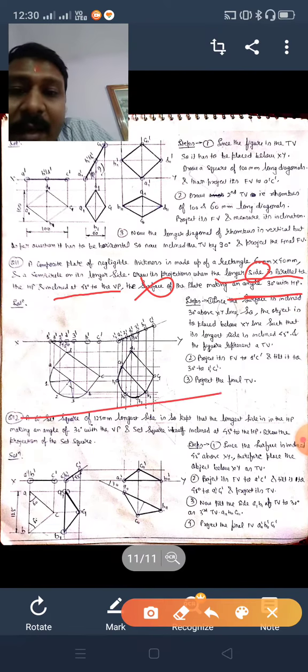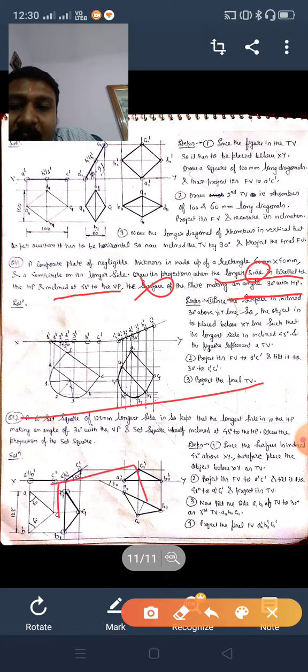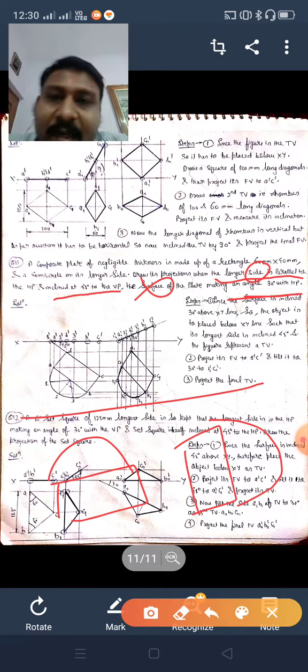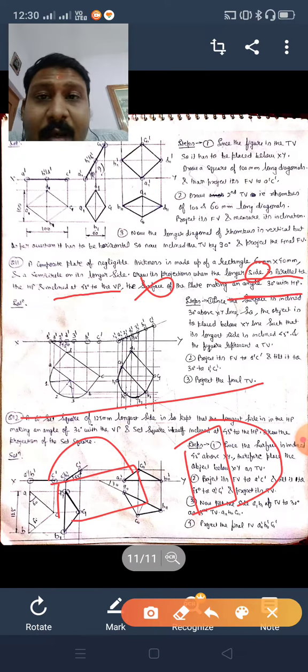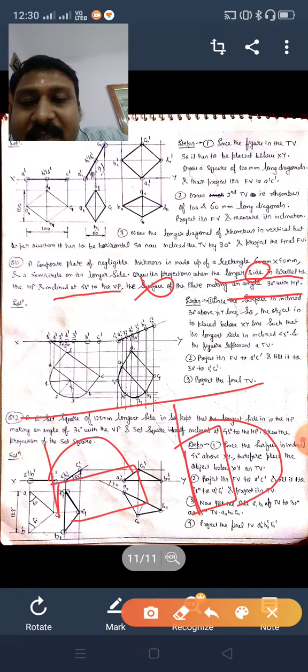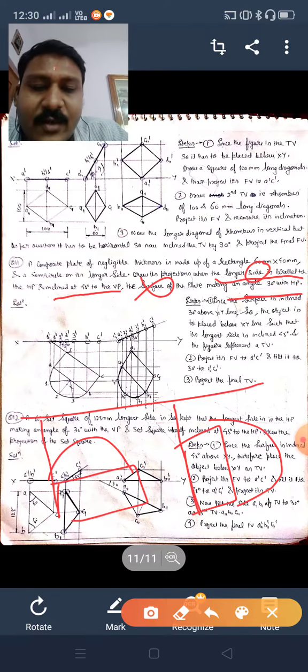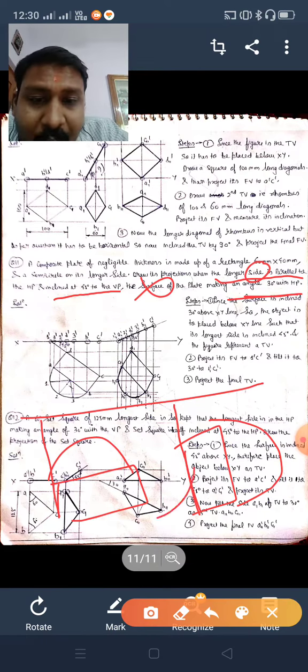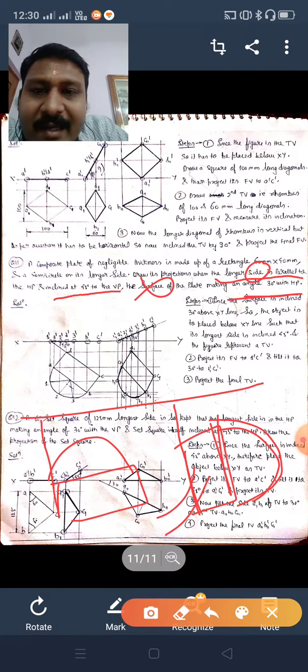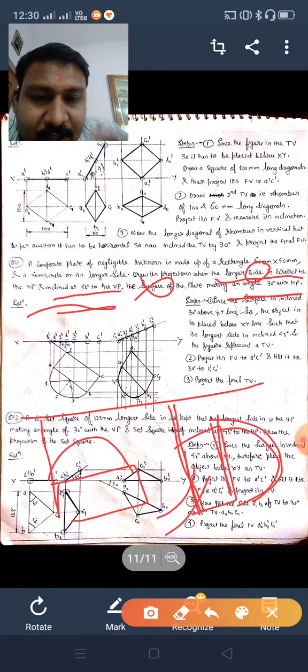But now, if you have to draw the object below XY line, you can draw like this. You can draw like this also. Both the conditions are correct, isn't it? But your position is not given, that the longest side is on the HP or the shortest side is on the HP. This condition is not given in the question. No condition is given. So you can draw like this, because in this longest side you are having a semicircle and you have to incline this longer side only 45 degree to VP. So it is better to take this longer side in the HP. This is also correct.